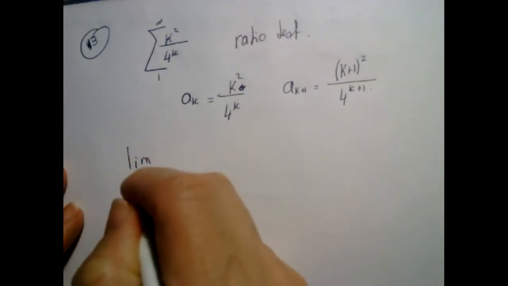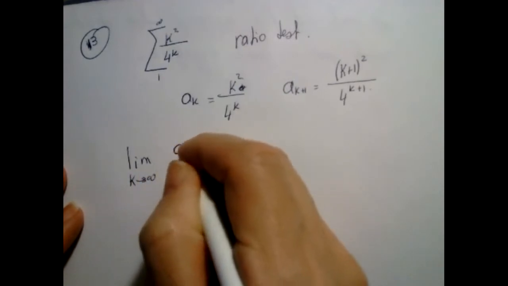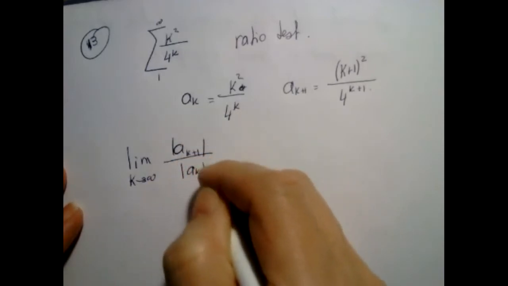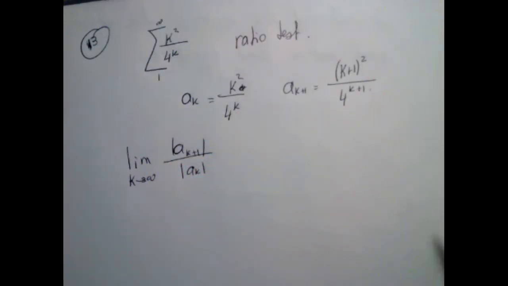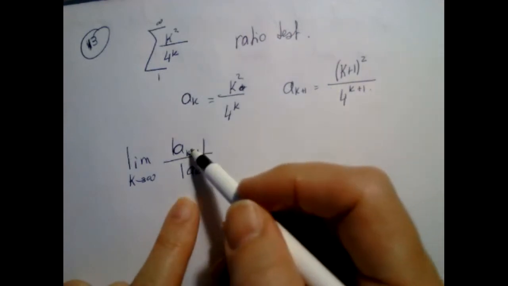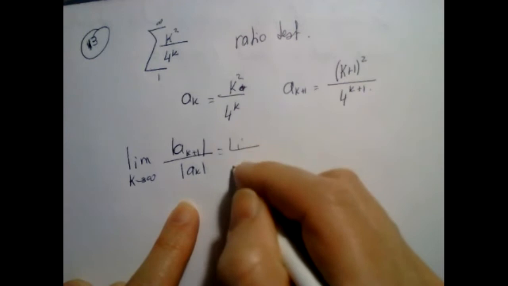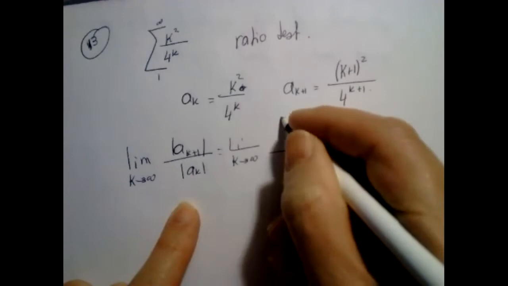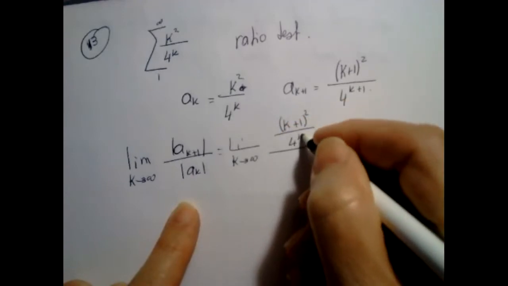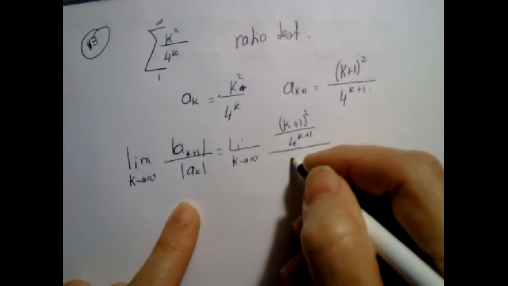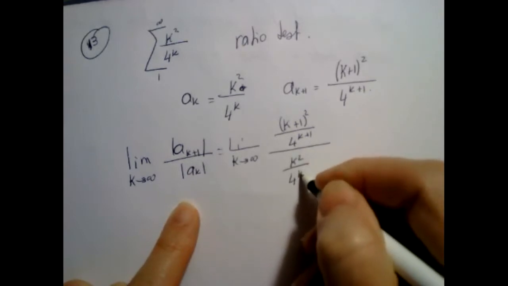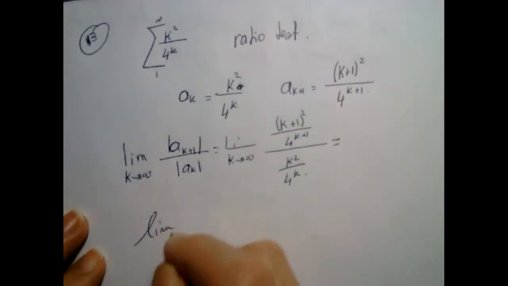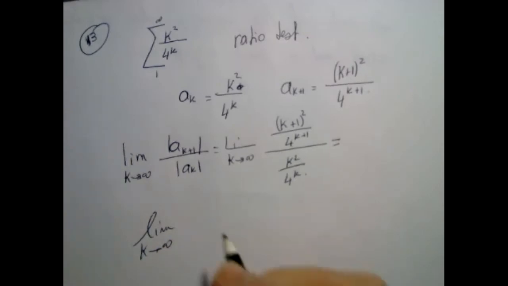So we take the ratio of a_(k+1), basically the absolute value of that, over the absolute value of a_k. But in this particular problem the terms are positive, so they are equal to their absolute value. So this will give me the following, divided by k squared over 4 to the k. So this would give me the limit as k goes to infinity of